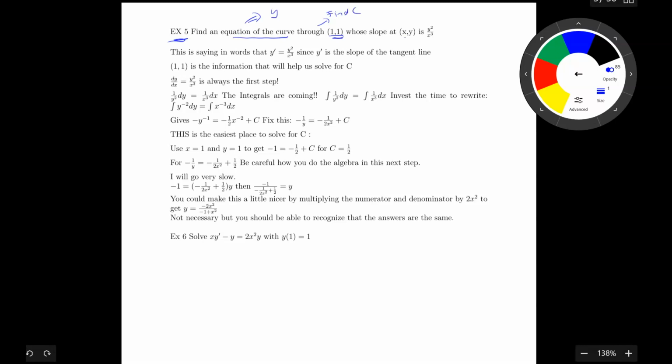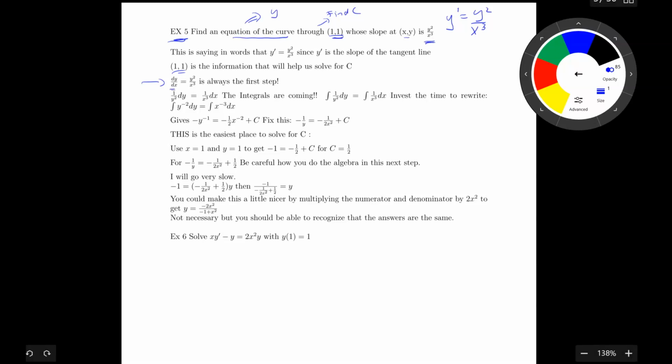Whose slope at the point (x, y) is this. What do we know the slope is? y prime, right? From first semester, we know the derivative is the slope of the tangent line, and that's what this is. Okay, so y prime is y squared over x cubed, and this is our initial condition. So starting off with y prime, rewriting it as dy over dx, then y squared over x cubed, then